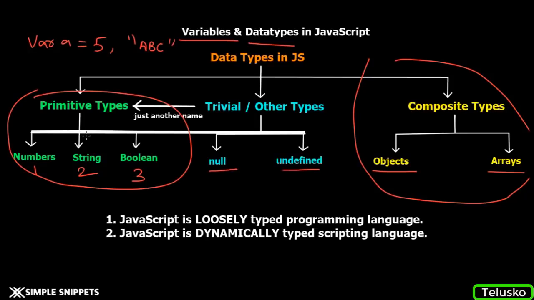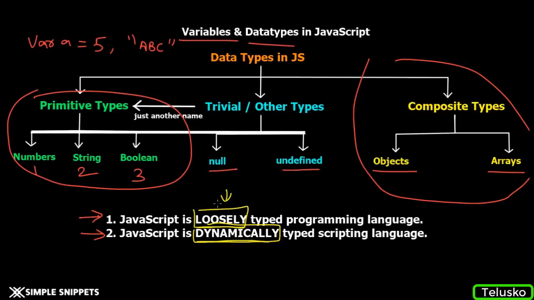So before moving to the Visual Studio Code text editor, that is the practical side, these are 2 very important points that you need to understand, specifically for JavaScript. So let me just read it out and I'll explain to you. JavaScript is a loosely typed programming language. And the second point says JavaScript is a dynamically typed scripting language or programming language. It's one and the same thing because we are on the client side scripting. Now remember these 2 keywords, loosely and dynamically typed. Okay. Now let's move on to the programming part and I'll explain to you what loosely and dynamically mean